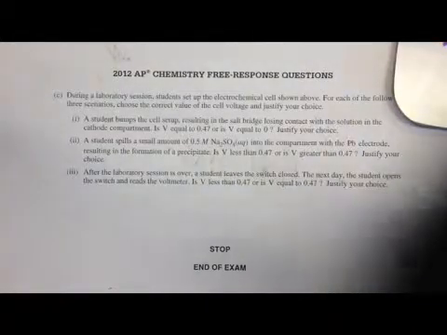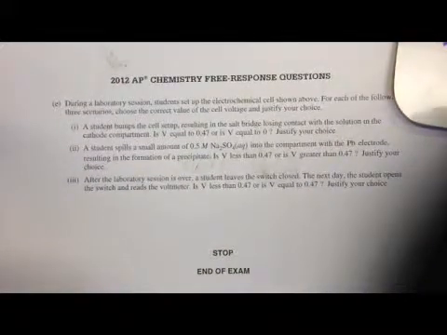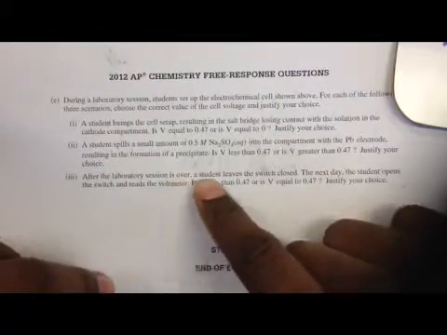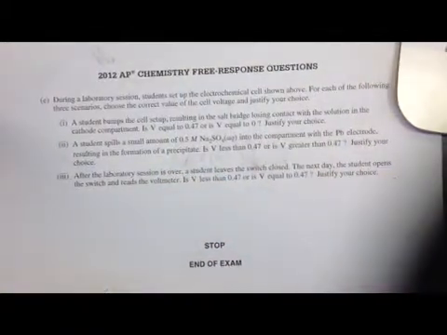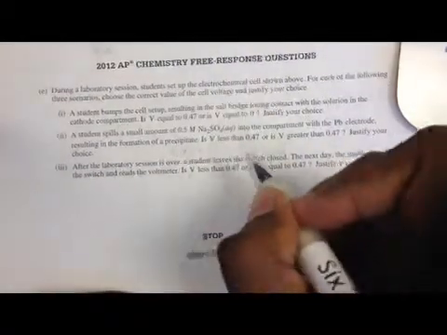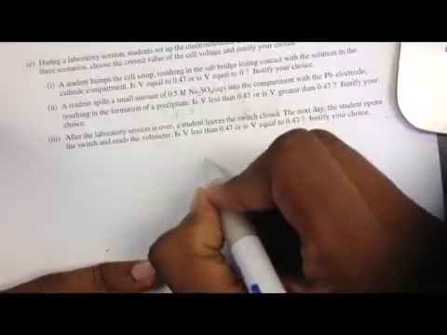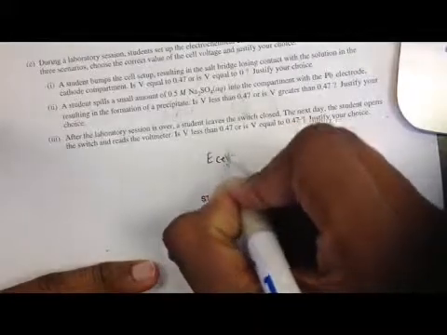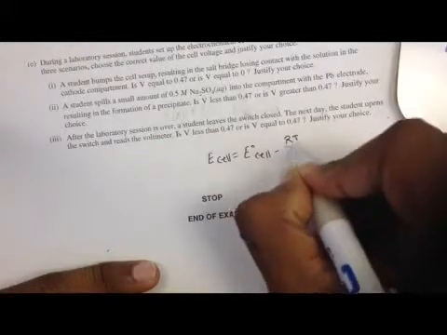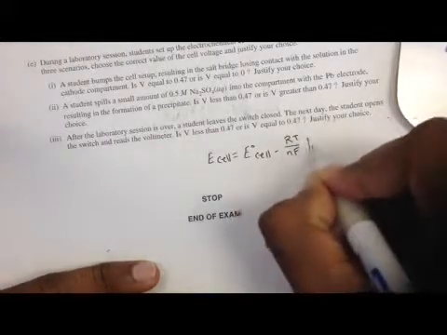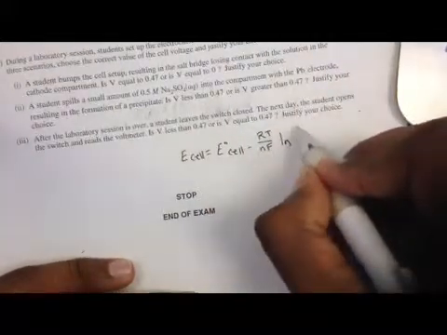For II, the student spills a small amount of 0.5 molar sodium sulfate solution into the compartment with the lead electrode, resulting in the formation of a precipitate. Is V less than 0.47 or greater? Well, in this problem, we'd use the Nernst equation, which is E cell equals E cell standard minus RT over nF ln of